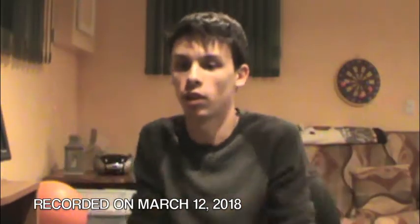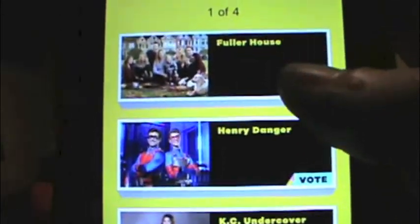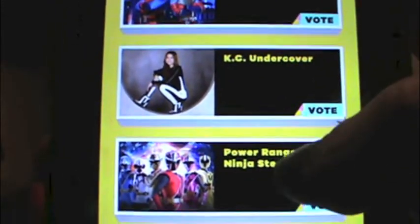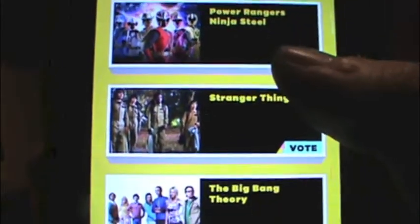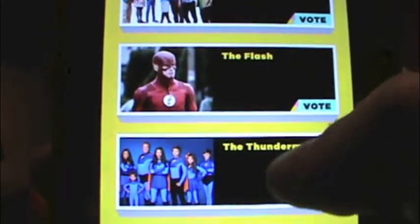It's time for the TV section of the Kids' Choice, something I actually have knowledge on. Favorite TV show: Fuller House, Henry Danger, Casey Undercover, Power Rangers Ninja Steel, Stranger Things, The Big Bang Theory, The Flash, and The Thundermans. Well, I guess the category favorite family TV show didn't work out so well, because it's like a mixture of both shows that...